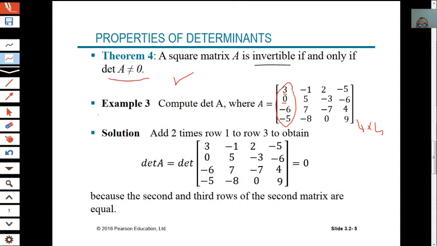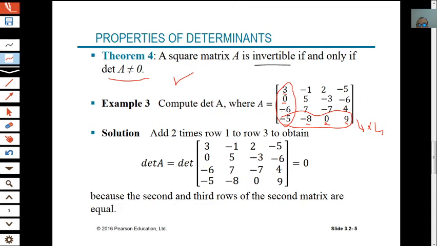Also we can use the fourth row since we have 0 in the third entry, as you can see. But -5 is not a multiple of -8 and 9. Also they are not multiples of each other. Therefore I think we are interested in 3 and -6. So we